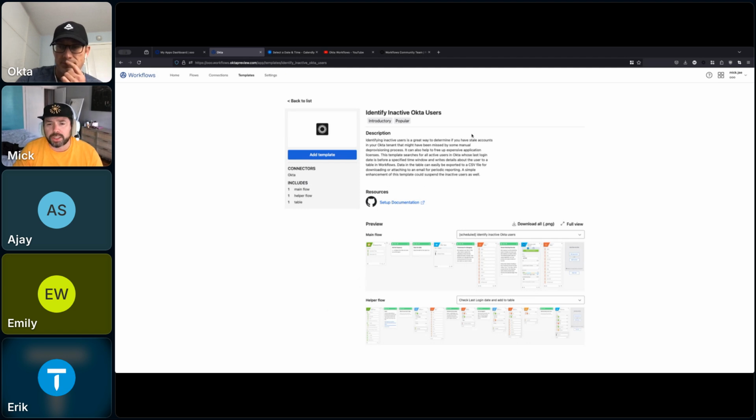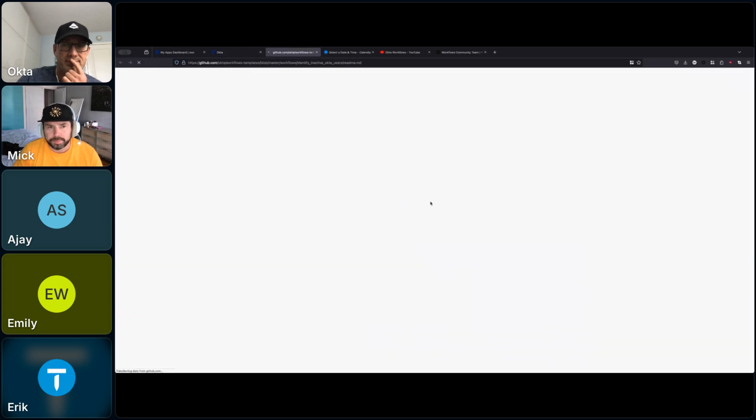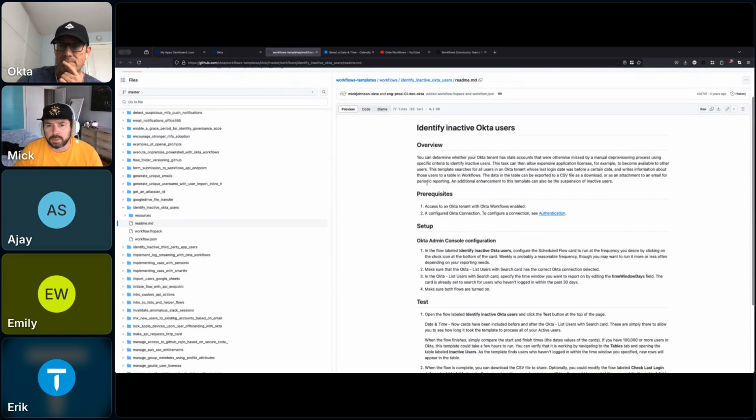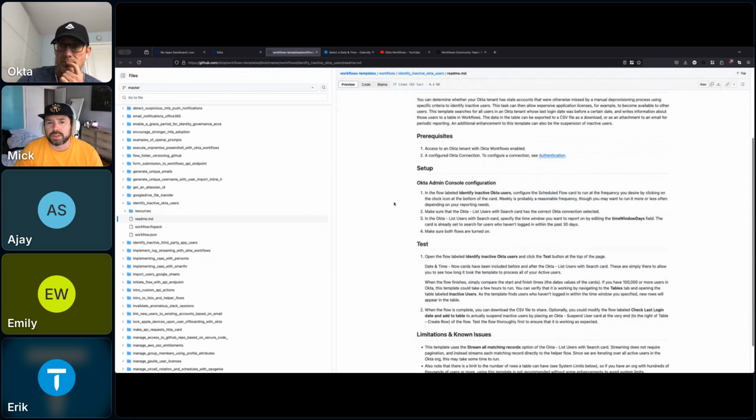And then this is kind of a general overview on this page, but if we go into the setup documentation, this is where we get a little bit more detailed into what it's going to take in order to actually run this flow. If there's some additional setup, so for instance, this one's really only within your Okta admin console. You have to set up the Okta connector, but if we're trying to leverage additional third-party applications like Google Workspace, Office 365, things like that, if there's some additional setup there, that's kind of where this would be.